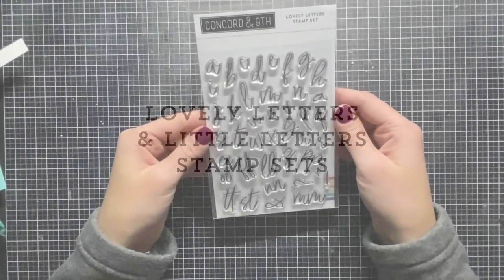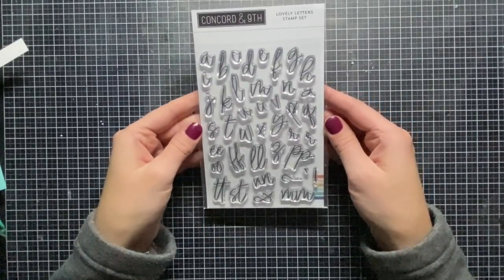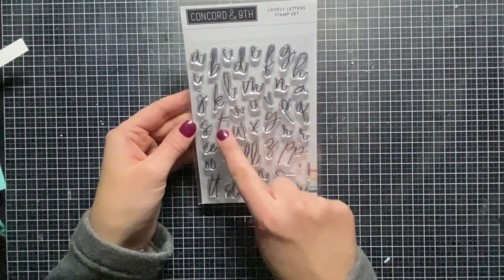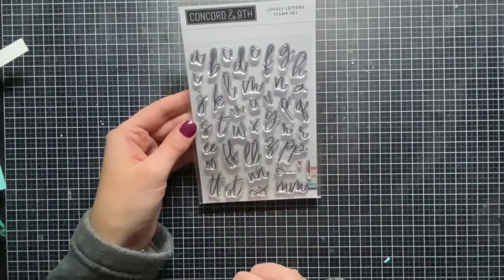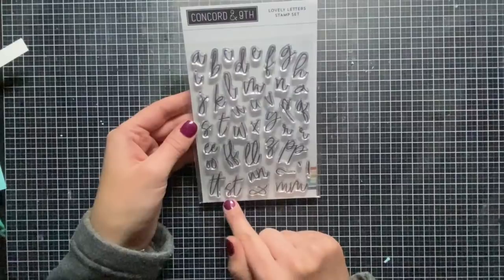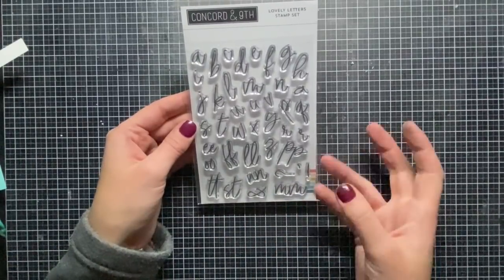Okay, so here we have the Lovely Letters stamp set, which is a nice lowercase handwritten script. I love the fact that it comes not just with the alphabet, but a bunch of double letters like double E, double O, F, L, P, N, T, S, T, and double M, so that it makes things really easy